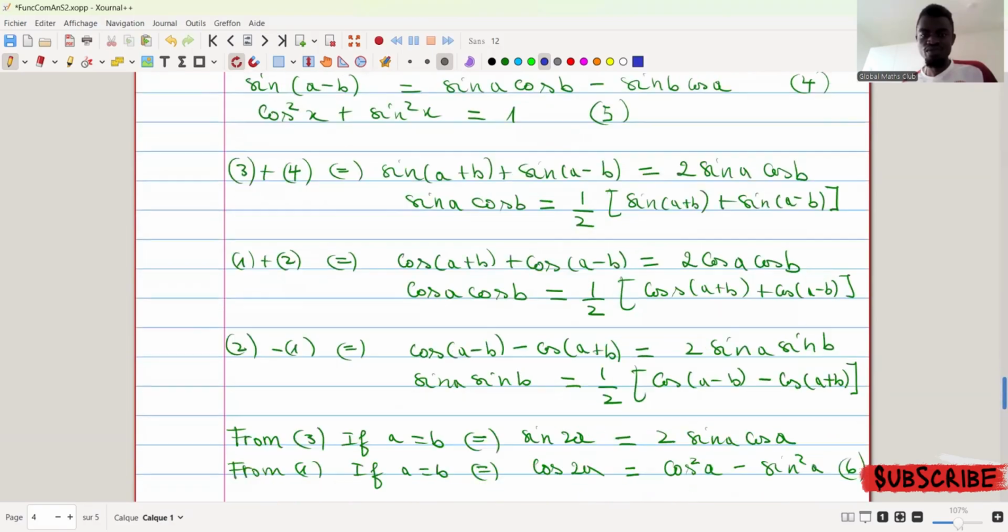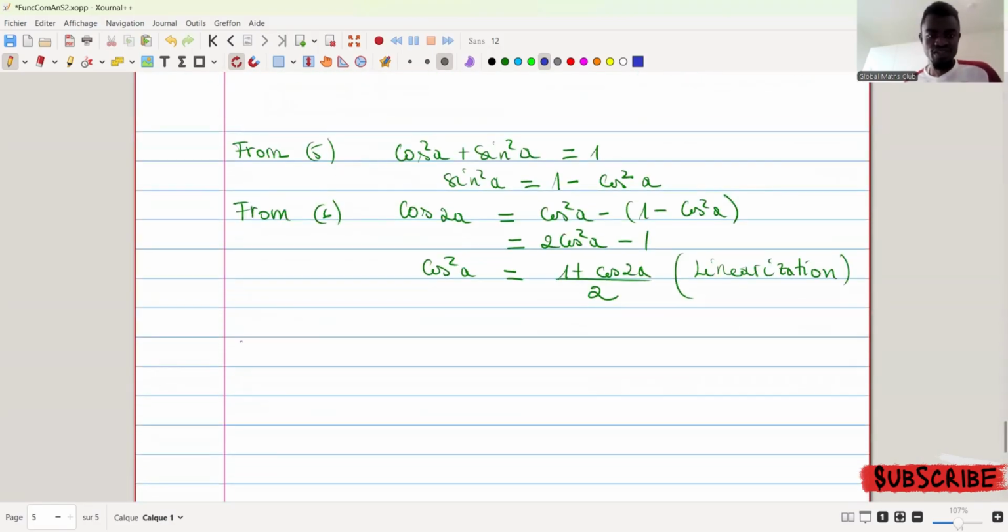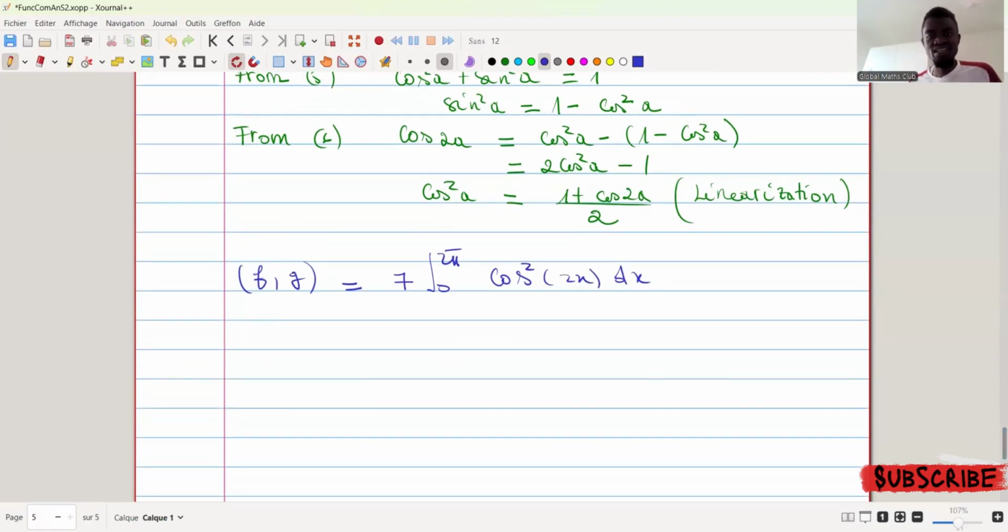So if you continue with the inner product, the inner product here between F and J was just equal to this integral of cosine square of 2x. Now, you know that we don't know the antiderivative. How to find the antiderivative of cosine square of x? The easiest way is to linearize this thing, because we know that we can find the antiderivative of linear trigonometric functions. When I'm talking linear, it means that we don't have those squares, those powers. So the degree is 1.